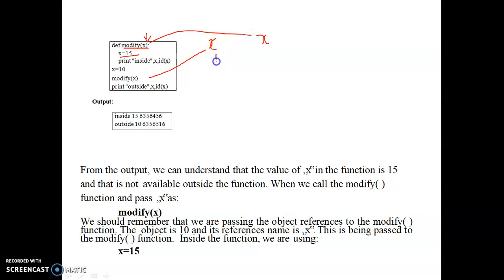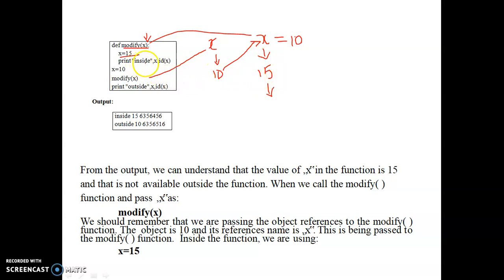For this x variable you have the value 10, and for the other you have the value 15. Initially the value 10 is copied, but once you enter the function you change the value to 15. Now within the function, your x value is 15.